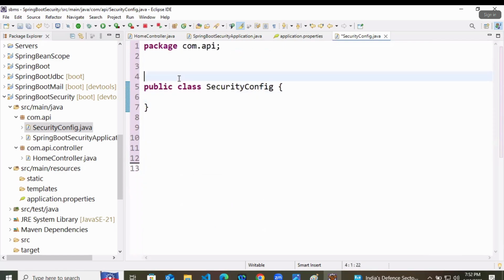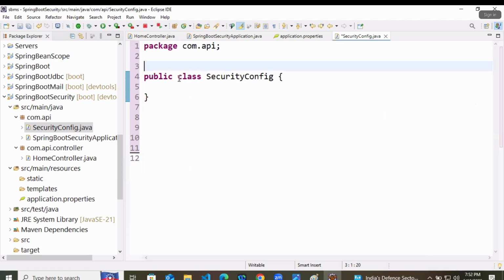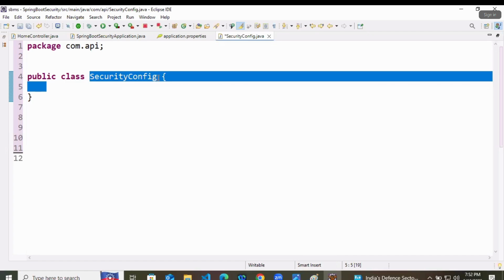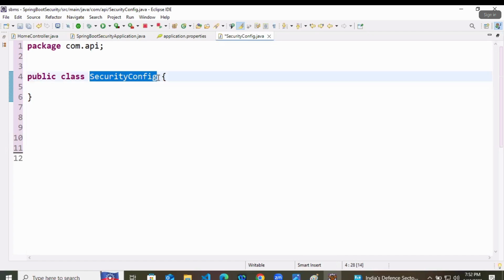Here I have one normal class in the same package, or you can create a config package for it, it doesn't matter. You can keep any other name for this public class SecurityConfig as well.